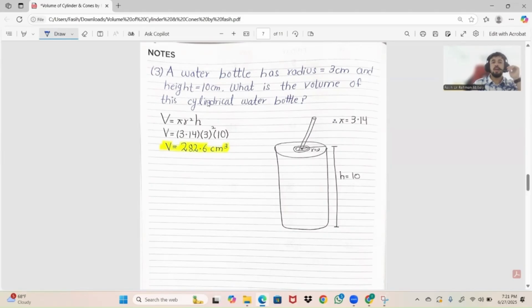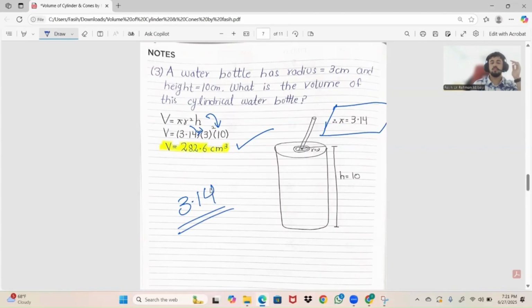It's very easy. Height is 10, we put the value of height. Radius is 3, we put the value of 3. 3 squared is 9, 9 times 10 is 90, and 90 times 3.14 becomes 282.6 centimeter cube. And I have shown on every page pi is always constant